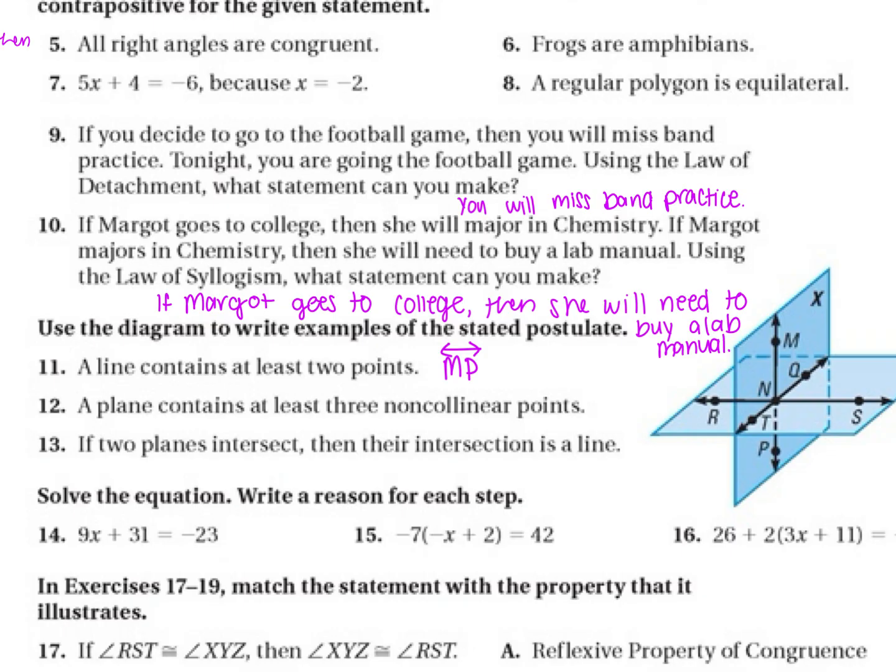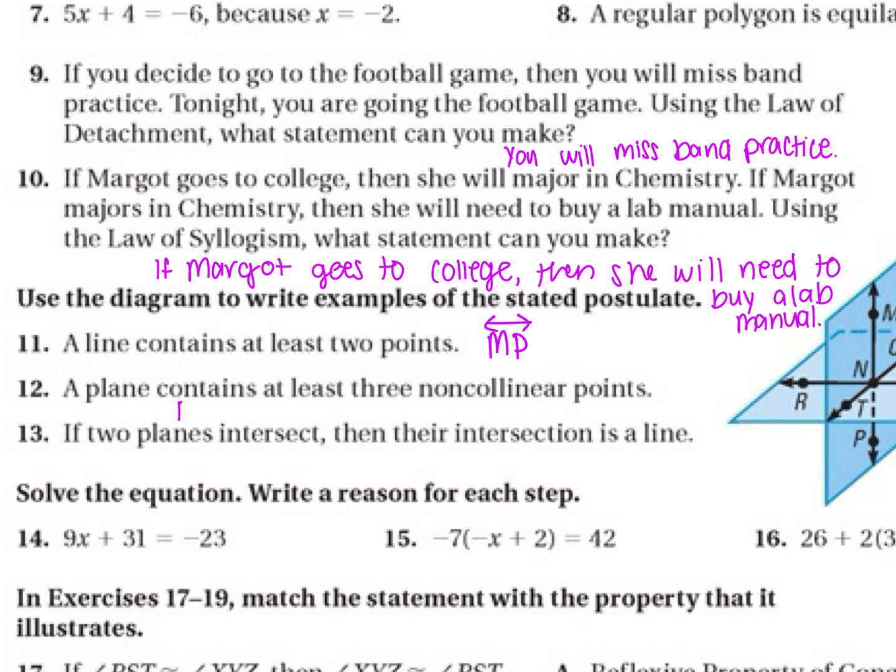Okay, there were multiple answers you could have had. You could have had line RS, line NT, line MN, QN. There's a lot of different lines here. So if you didn't want to write this exact one, that's fine. Looking at number 12. A plane contains at least 3 non-collinear points. For this one, I am going to go ahead and write plane X